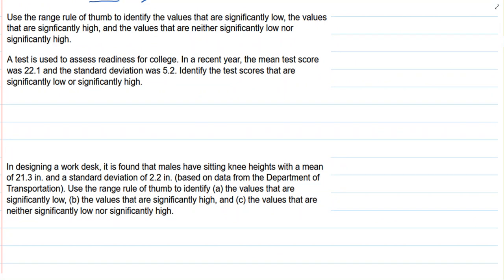Use the range rule of thumb to identify the values that are significantly low or high, and the values that are neither significantly low nor high. Okay, so we're going to read what they say, and then we're going to construct this number line to help us clue in using whatever means we need to get this problem solved. So we have, just a minute here,